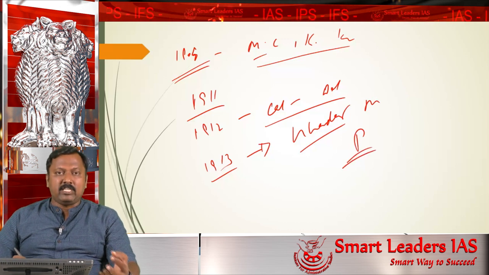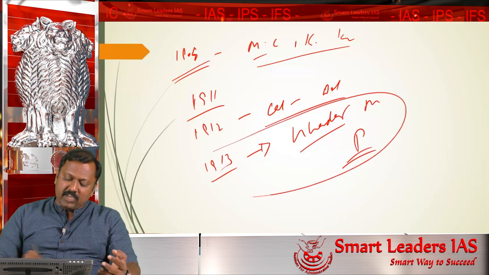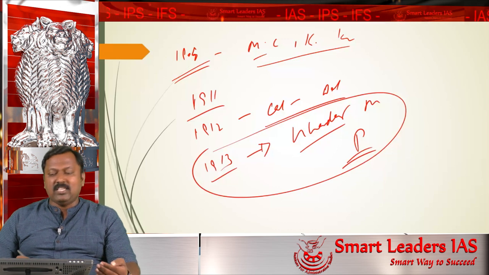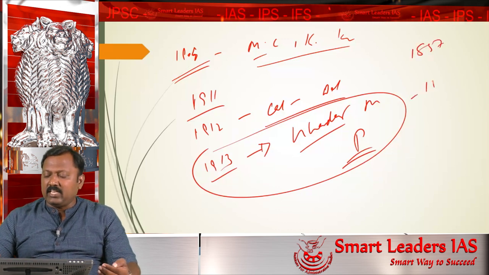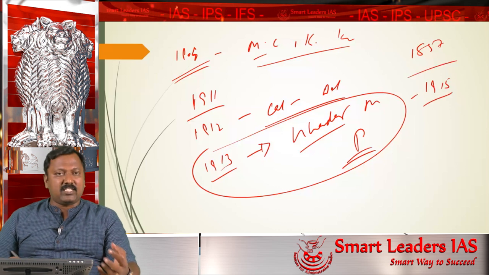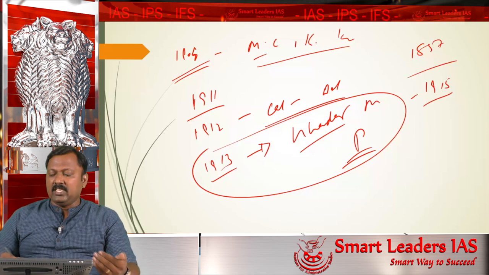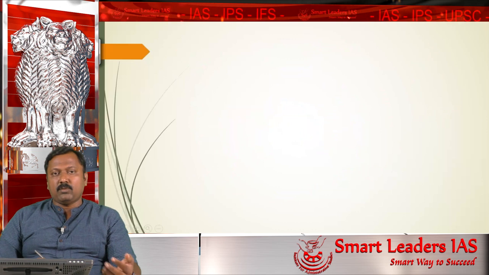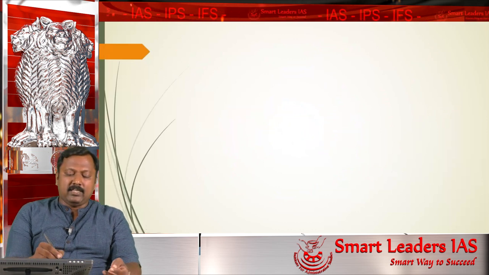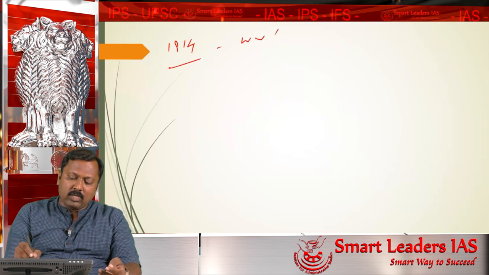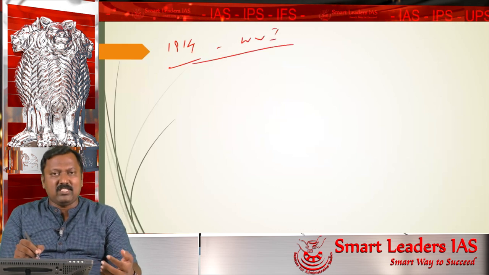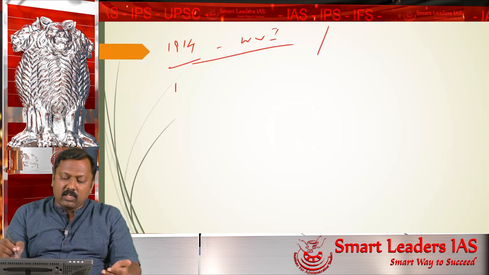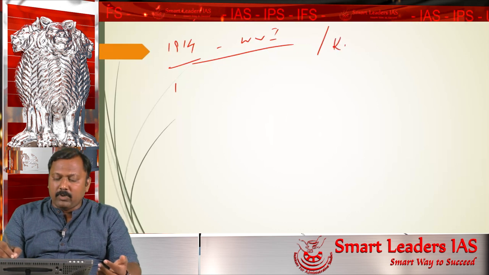This Ghadar movement gained momentum in the foreign country, and it created certain aspects in India. The Ghadarites were largely willing to start a revolt like 1857 in the year 1915. They were interested in creating a revolt-like scenario in India as it happened in 1857. In 1915 they wanted to create it, but they could not succeed because of a number of reasons. So in 1913 the Ghadar party and the issues they came up with, and in 1914 we all know World War I began, and it also created further complications in India. In 1914 World War I emerged, and along with the World War there is a name which you have to remember, which is called Komagata Maru.